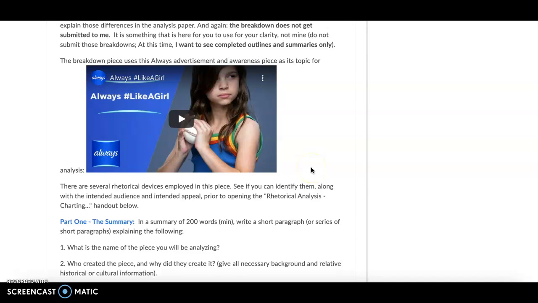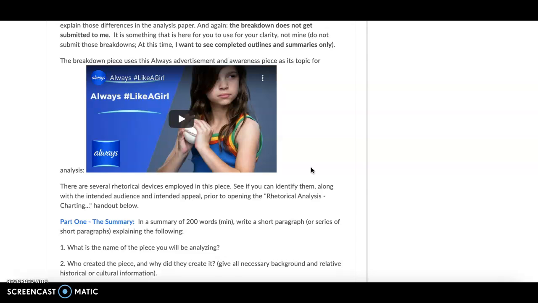Make sure that you remember that what you're doing is analyzing individual devices and explaining their rhetorical appeals. So a device might be something like imagery, it might be something like humor, it might be something like a celebrity figure or music, or all of those things listed. You may again have 2, 3, or 4 body paragraphs. That's going to depend on the commercial you pick.